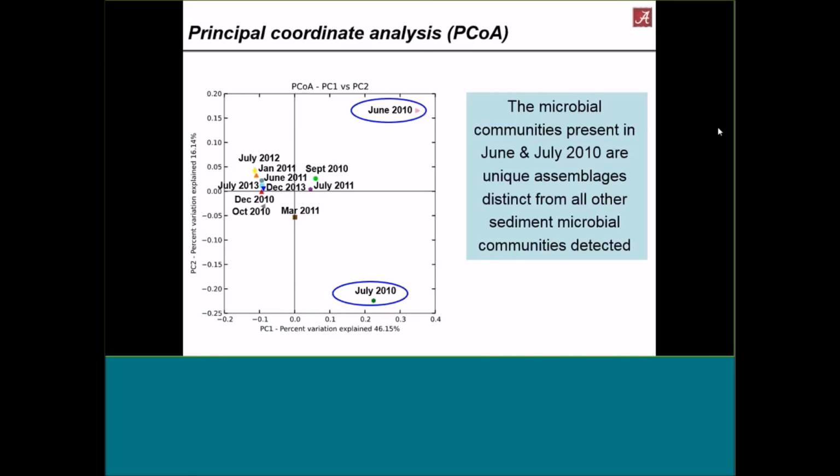what you have is that the microbial fingerprints from June and July of 2010 are very different relative to all the subsequent samplings. Now, what does that mean? It means that there's something different. Does it mean that it has recovered back to what it was previous to the spill? We don't know that. We don't have those materials. But clearly there was a response by the microbes in the early stages of the spill coming into these marshes